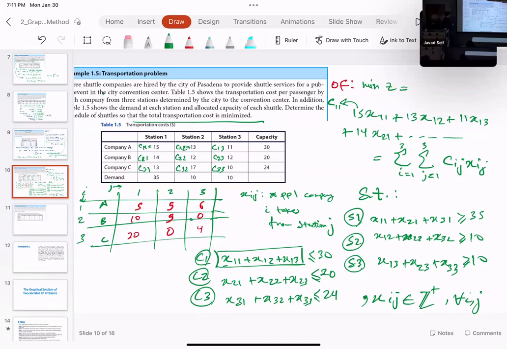That becomes like a power company. You have different power companies, and you don't know how much power should go to different cities, right? Each city has a demand. Each power plant has a capacity. That's a transportation problem. Anytime you see something like this,